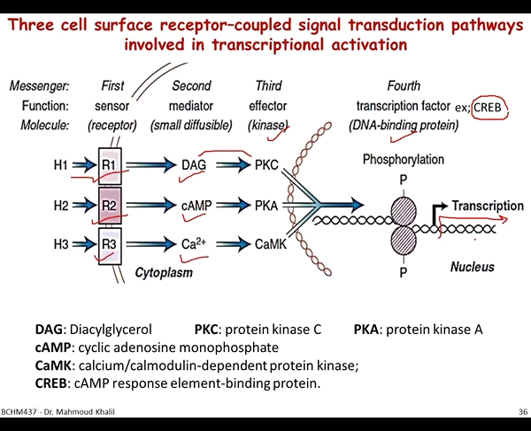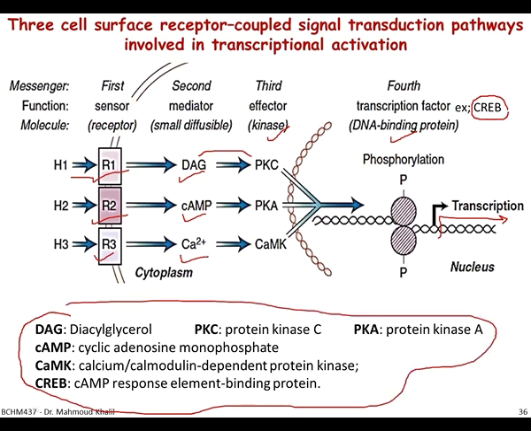So in this slide, we need to understand there are a lot of signaling pathways that involve the recognition of a signal from the surface of the membrane. And this signal is conveyed through a cascade of reactions until reaching the DNA in order to activate the transcription of another set of genes. And of course, down here, you can see the nomenclature of each initial up there: DAG, diacylglycerol, PKC, PKA, okay?